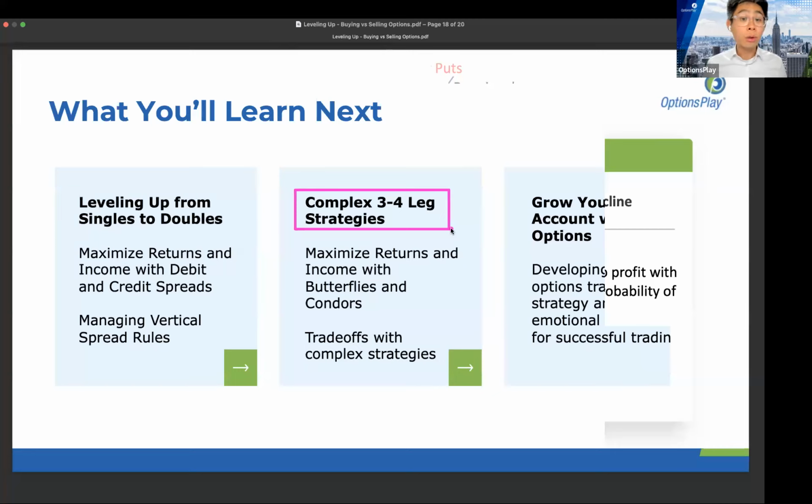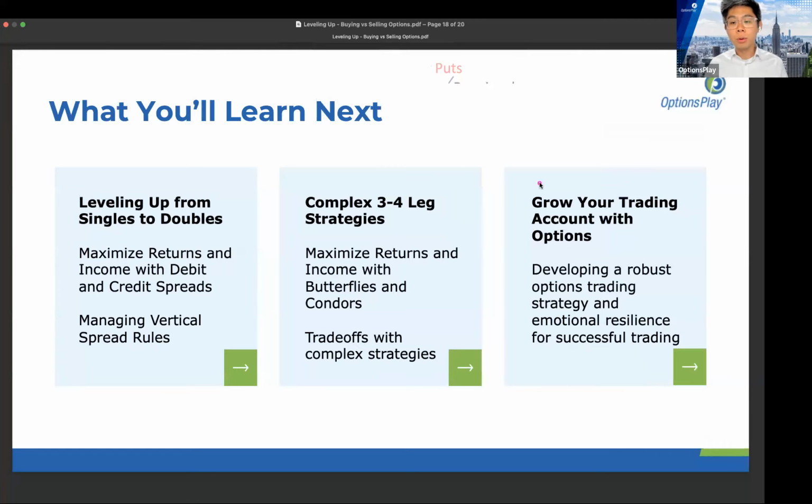But I really want to stress the trade-offs that you get when you get into really complex strategies like 3 to 4 legs. And then the last week, we're going to talk about growing your trading account with options, how you can take everything you've learned and develop a robust trading strategy, and the emotional resilience required to be successful in trading. Because all of this does not matter if you are not able to apply it to a strategy